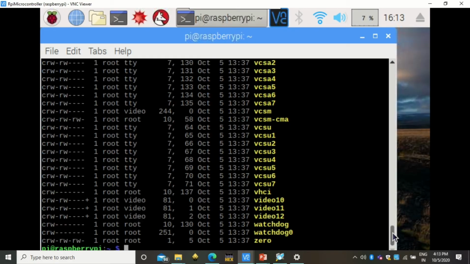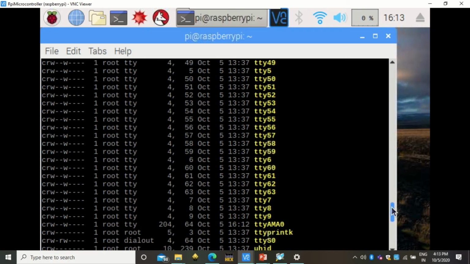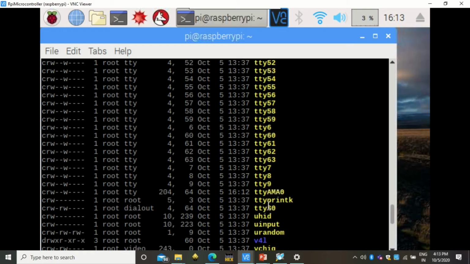This will list two devices, one is ttyS0 and another is ttyAMA0. These two are necessary. These two need to be listed there.